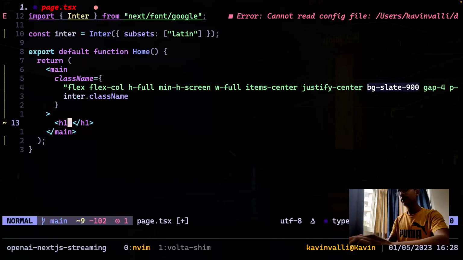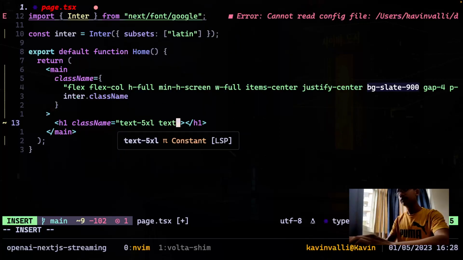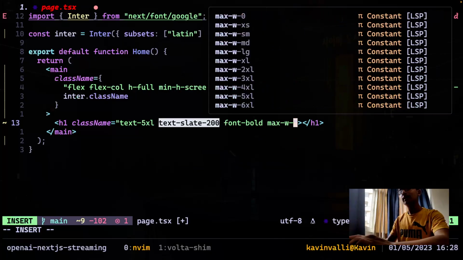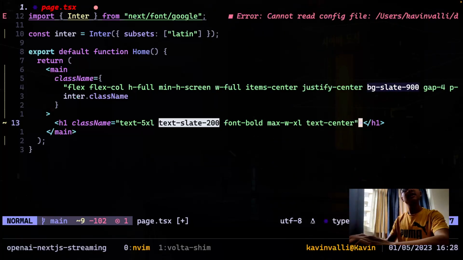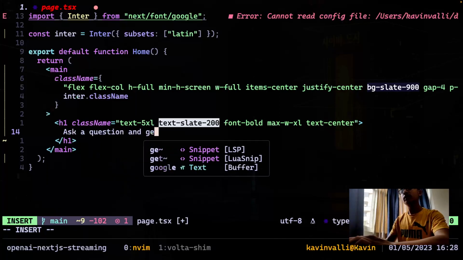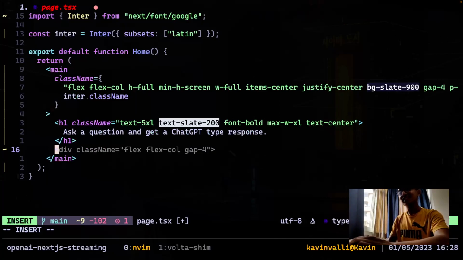The heading will have a class name of text-5xl, text-slate-200, font-bold, max-w-xl and text-center, and ask a question and get a ChatGPT type response. I couldn't think of any copyright text, so that was okay. Anyways, I don't want to waste too much time on the UI, so I'm gonna copy paste